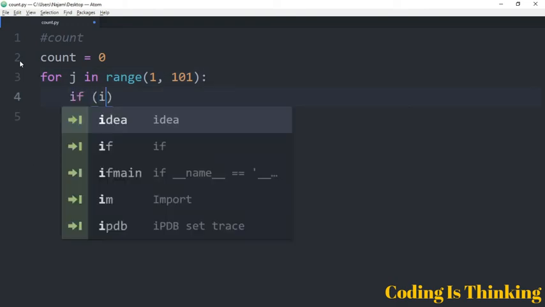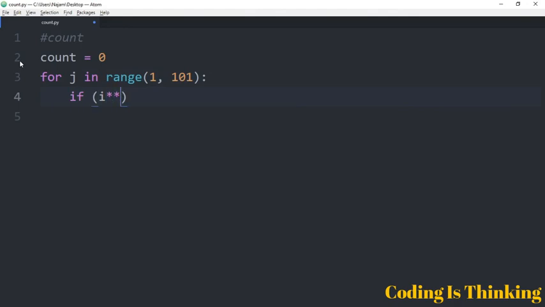If j multiplied by 2, divided by 10, remainder is equal to 4, then what to do? Let's increment the count